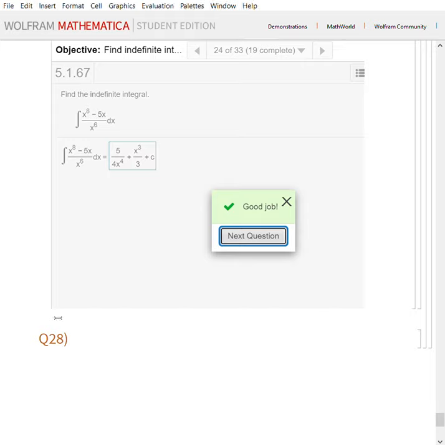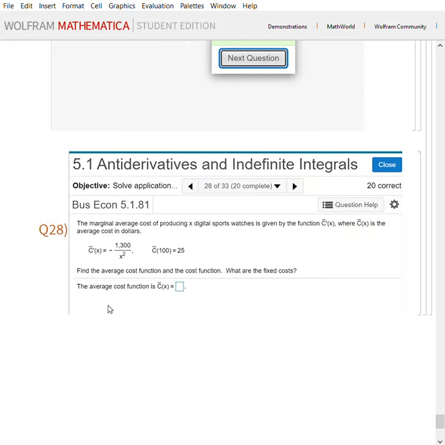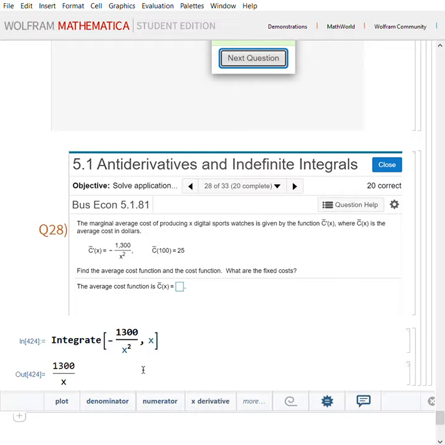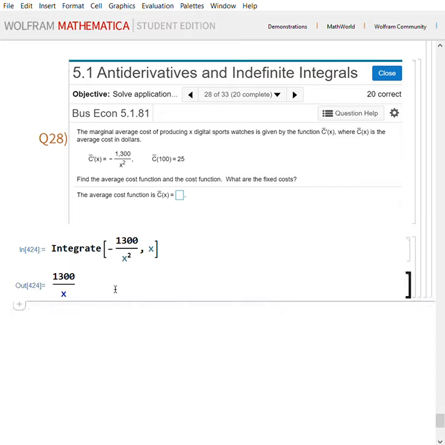the marginal average cost of producing x digital sports watches is given by the function, and then they want the average cost at 100. So this is pretty straightforward. Again, right away, you have a function, and you need to integrate it in this lesson's context. So first things first, just do the integrate function, integrate the 1300, make sure that the negative applies to the whole fraction, x to the second for x, so it's 13x, and you know that this is, of course, plus